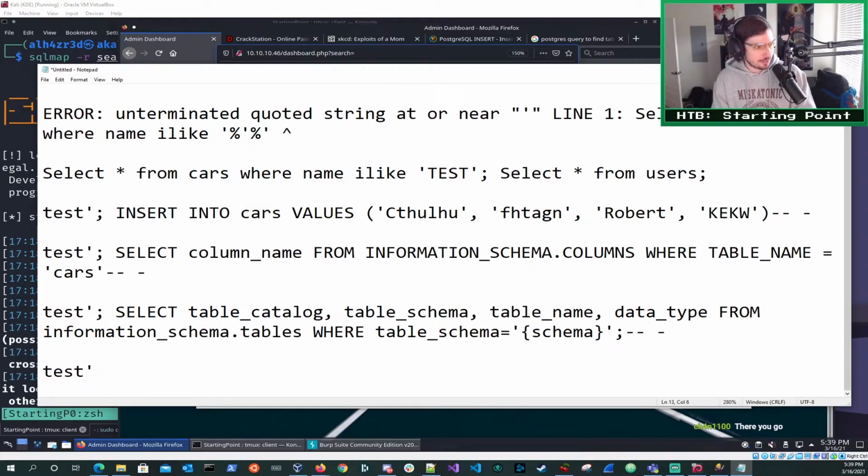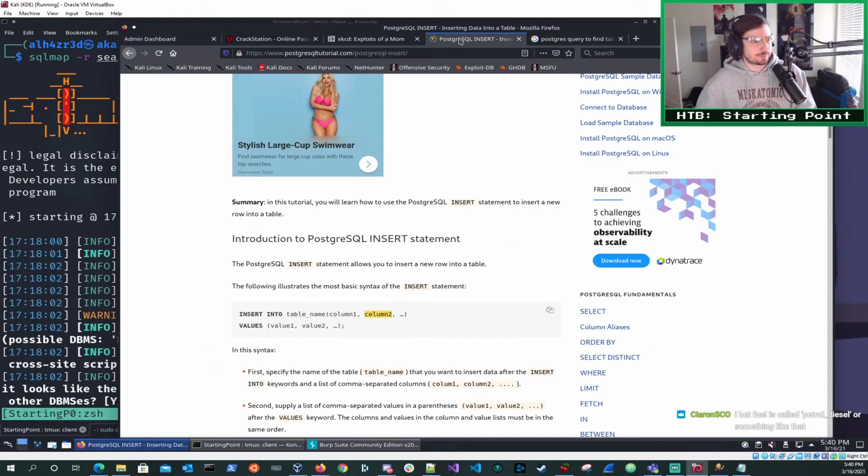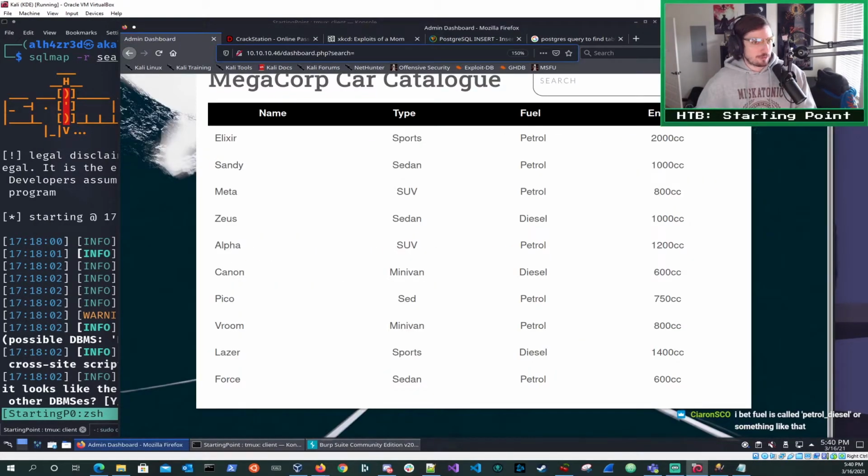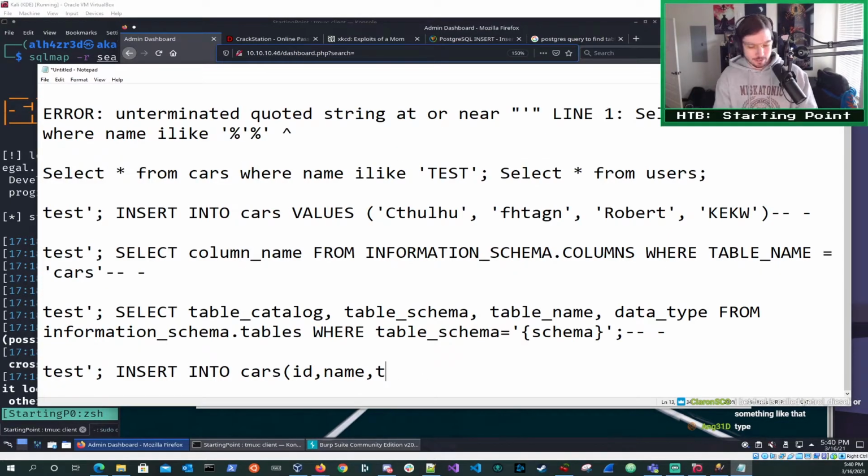So insert into cars, I'm guessing ID, name, and then what's the rest? Type, fuel, and engine. Values,